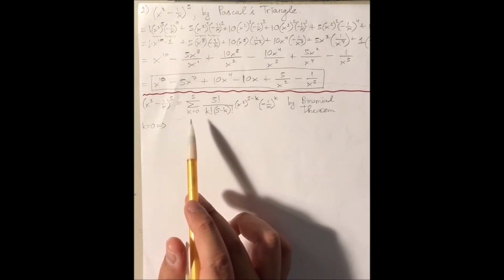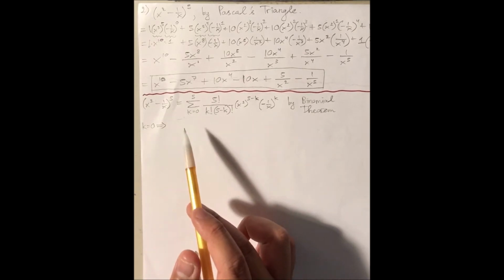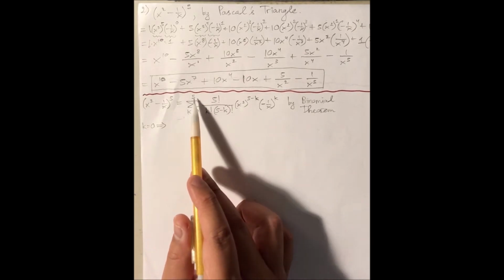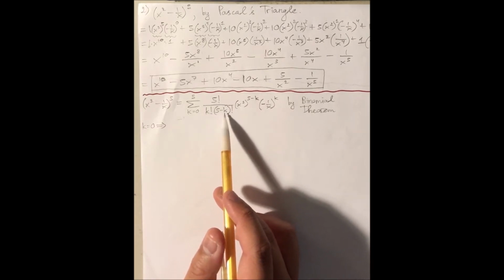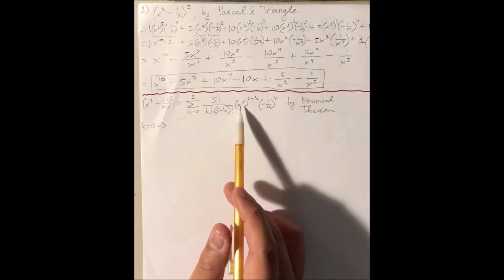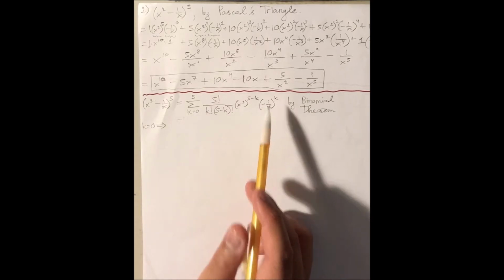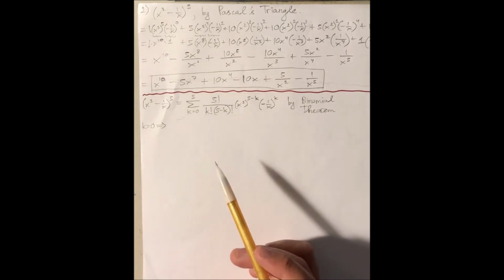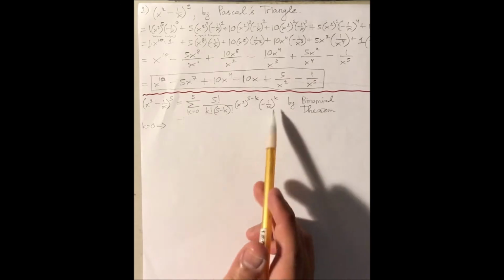Now let's try applying the binomial theorem to expand the same binomial expression right here. The binomial form of this binomial expression raised to the fifth power is a summation from k equals 0 all the way to 5 of the products of 5 factorial over k factorial multiplying 5 minus k factorial, the first term x squared raised to the 5 minus k, and the second term negative 1 over x raised to the k. So since this is a summation, we are going to be repeating this entire product here for